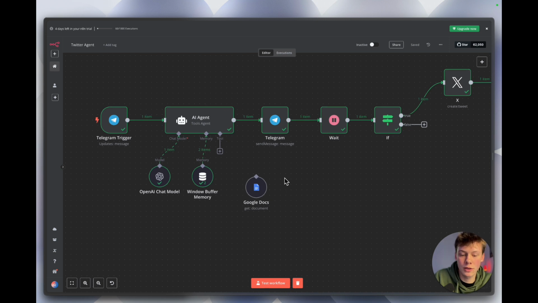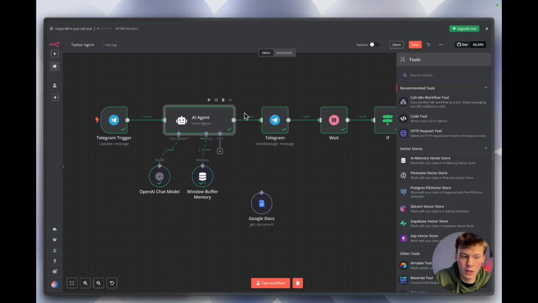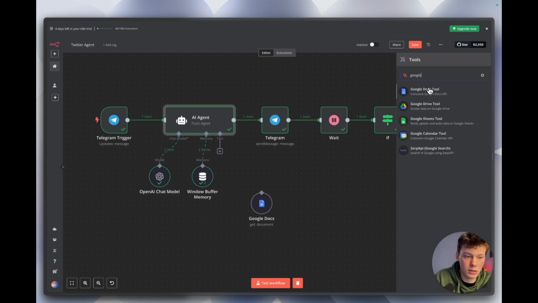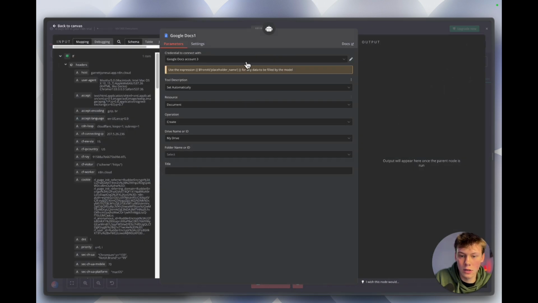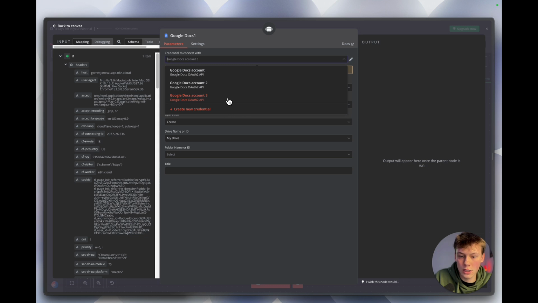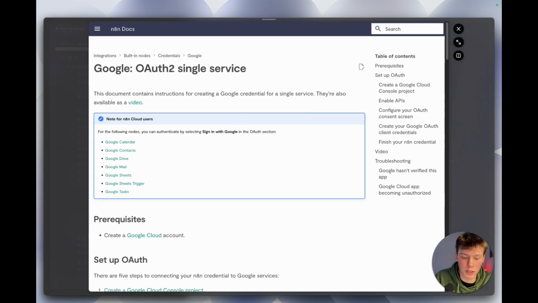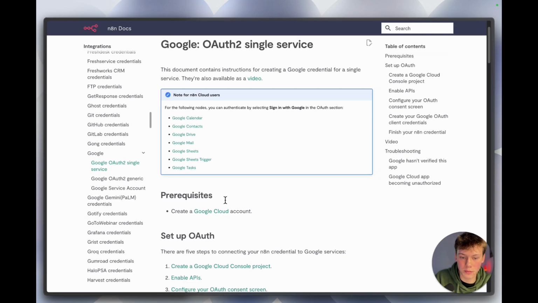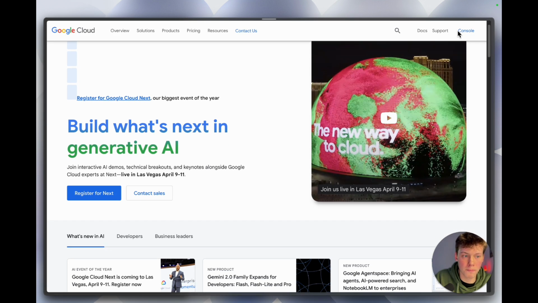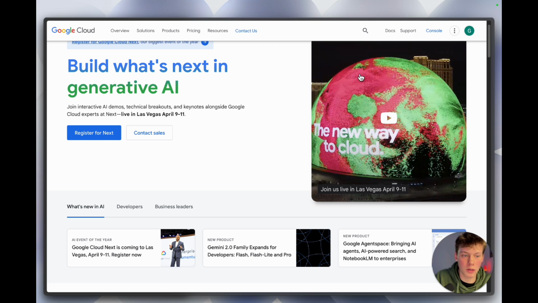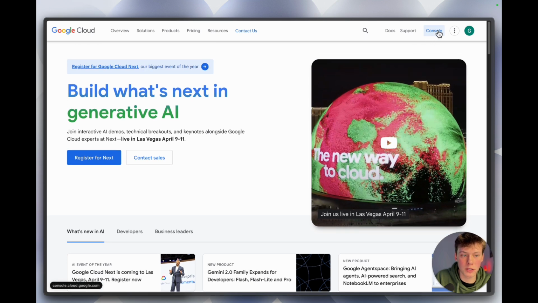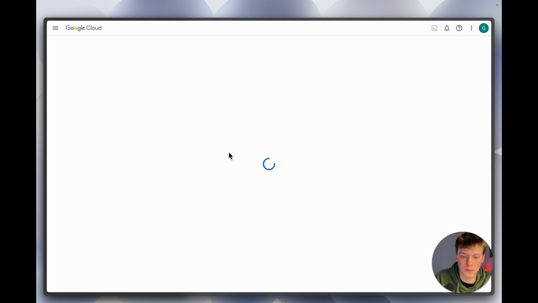So we can actually go back into N8N, and you can add a tool here to your agent and then type Google Doc and then connect it here. So when you're connecting a new credential, you can select create new credential, and then we're going to open this docs here. It just gives us an easier way to access the Google Cloud. So we're going to say Google Cloud account, and then it should automatically log you in if you're logged into your Google account. We're going to go to the top right here and select console,